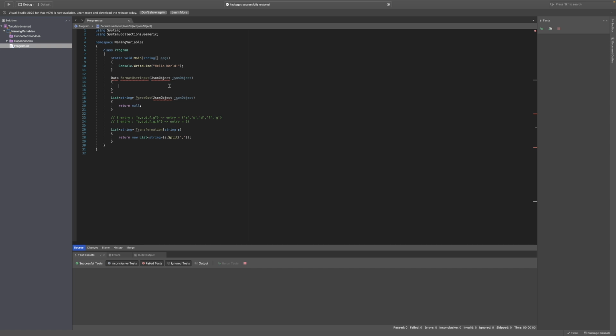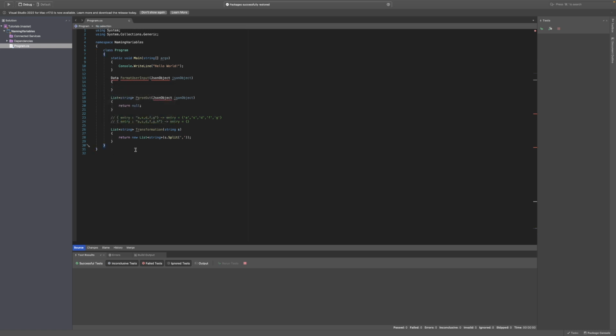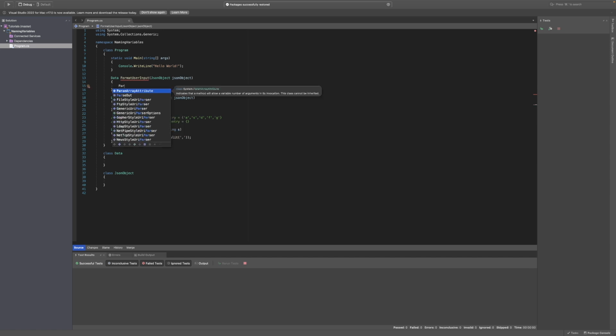And so we have this format data object, and I'll go ahead and instantiate this class. Class data. I'm just going to make some of these classes down here, so I can get some of these errors out. And so format user object, what it might do is parse out the JSON object,